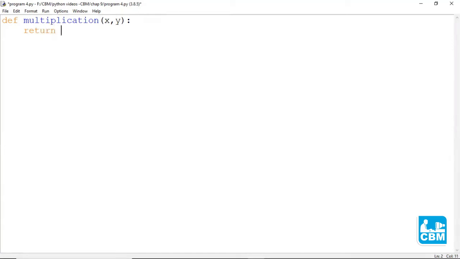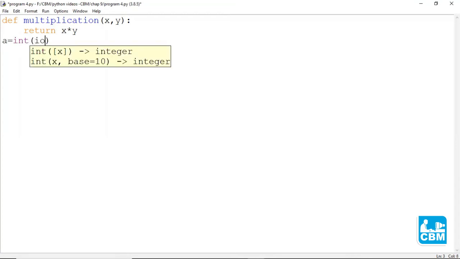Return x into y. Now let's take the input as a is equal to int input "enter value of x".